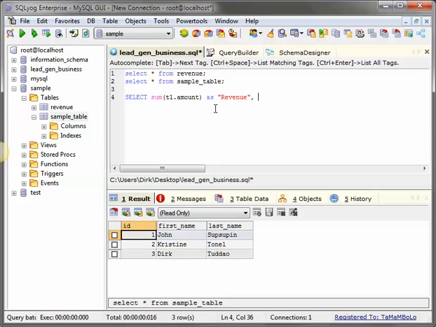Then what else? Let's just for now take the last name. So t2.last_name as last name. Okay. So oops. Last name. So there. And then what else do we need? So we just need to